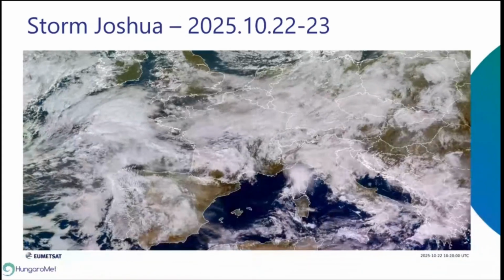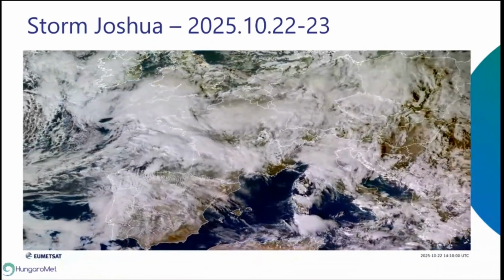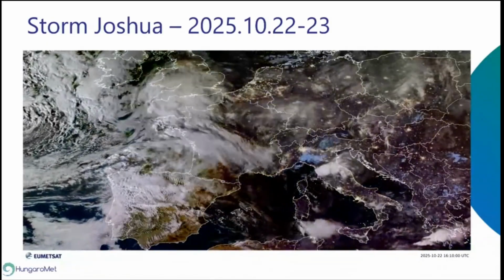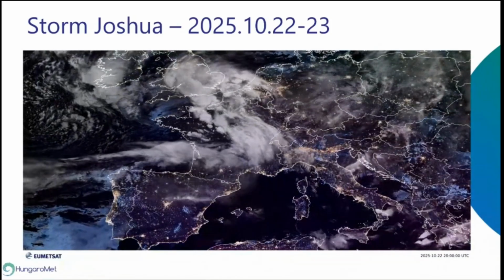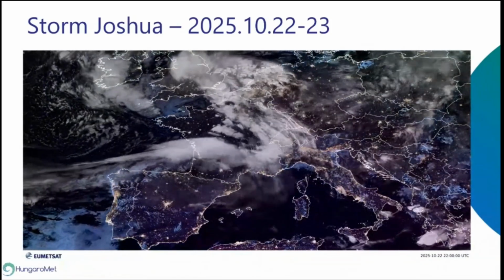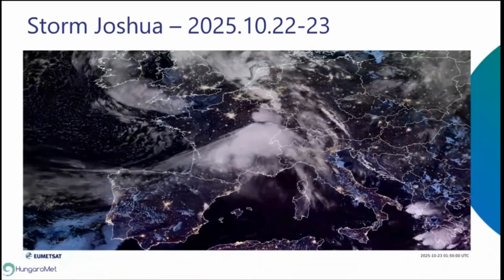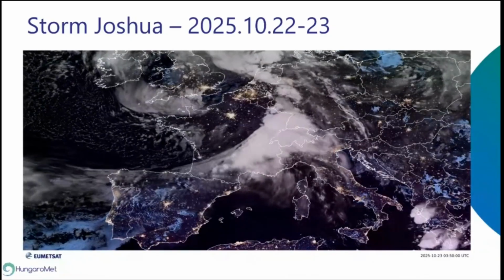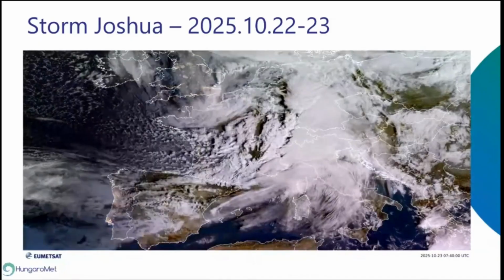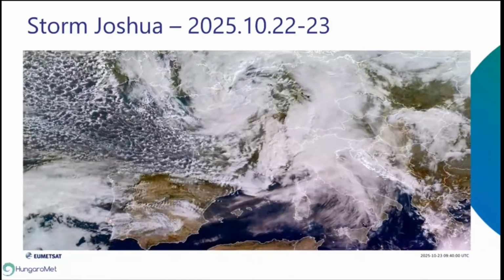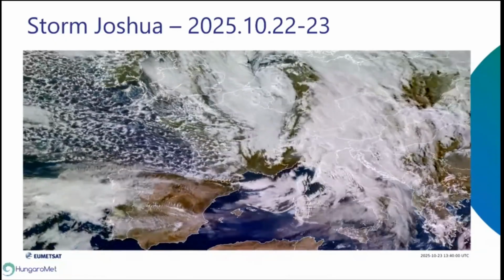So after Storm Amy, in the middle of October, there was also Storm Joshua approaching, let's say, Western Europe. It also caused quite a lot of problems in Germany with a lot of precipitation. We can see this GeoColor image of FCI. I don't know how many of you are familiar with this kind of image. This is the true color during day, and at night,